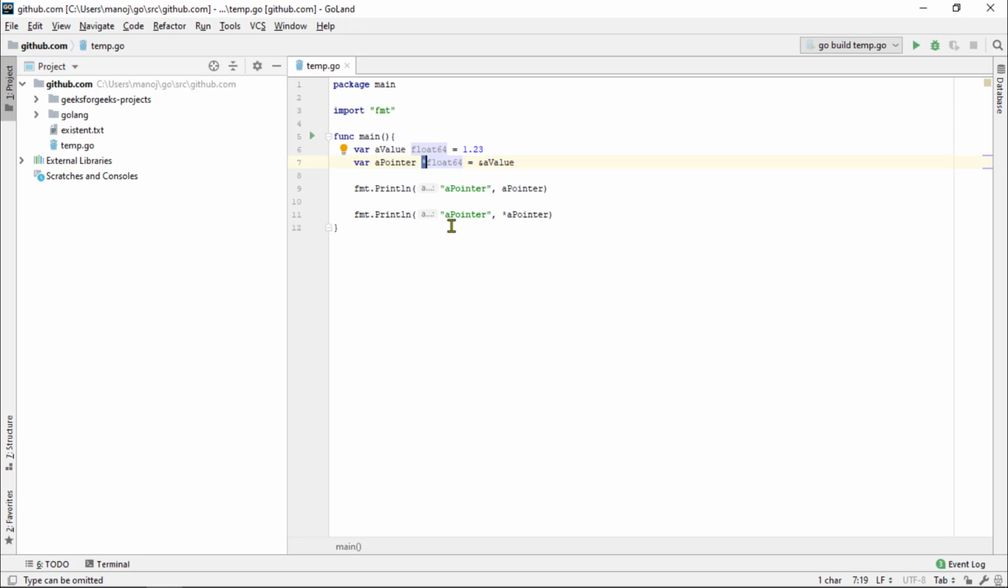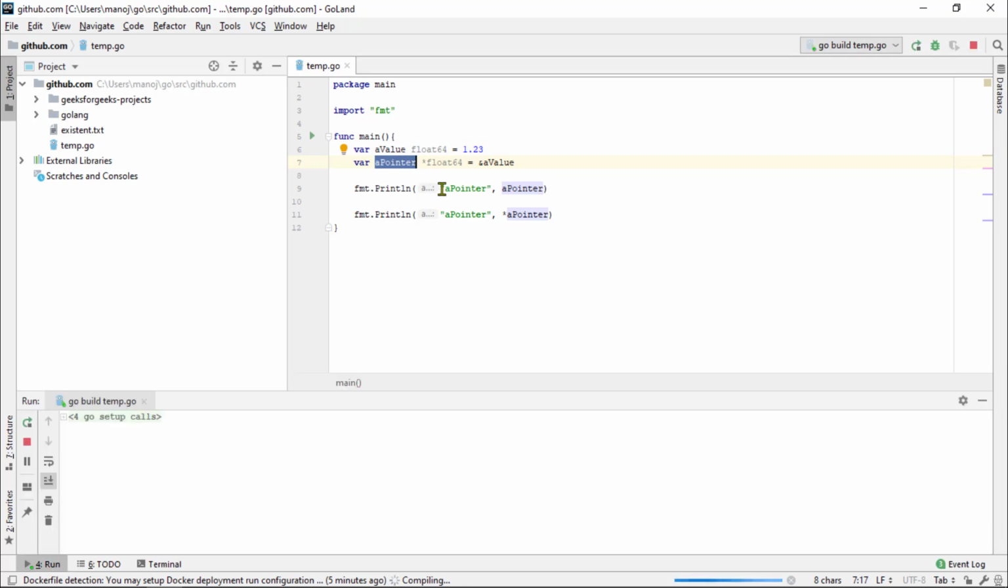So if we were to run this, first it would take the value 1.23 and store it in a value variable. Then the ampersand address-of operator would take the address of the value variable and store it in this pointer variable, which holds a pointer. First we print out the pointer and then we print out the value that's at the memory address pointed to